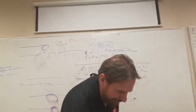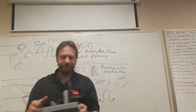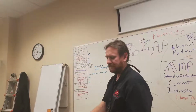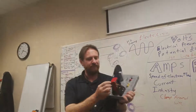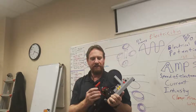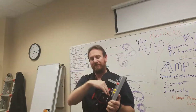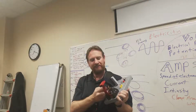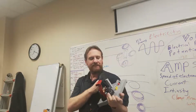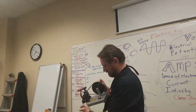So let me make this a little easier to see. What we have here is coils of wire and a magnet. This magnet is connected to this side, making all of this south or north, one or the other, and the opposite side makes the other one the opposite. So here I have a coil of wire running inside this electromagnetic field. Basically the whole outside is the magnet. As I run this wire through,